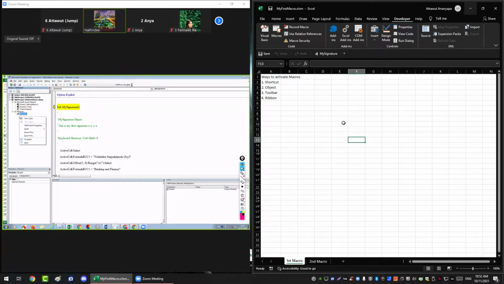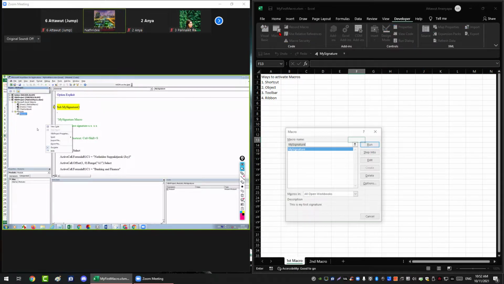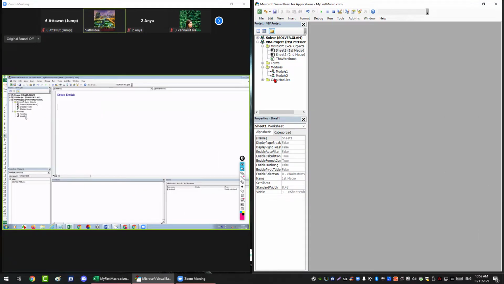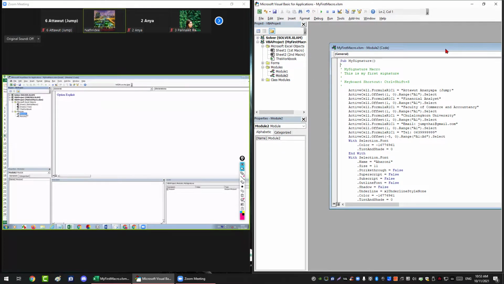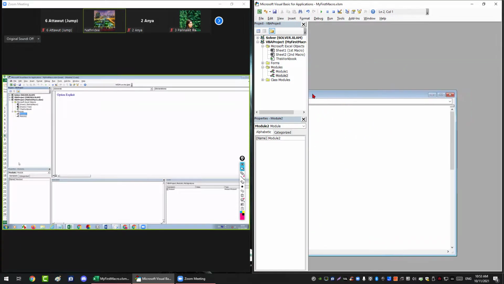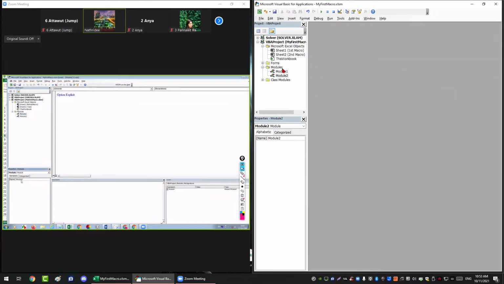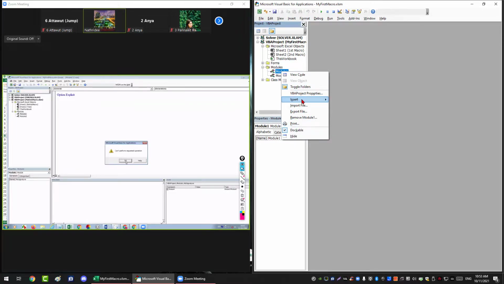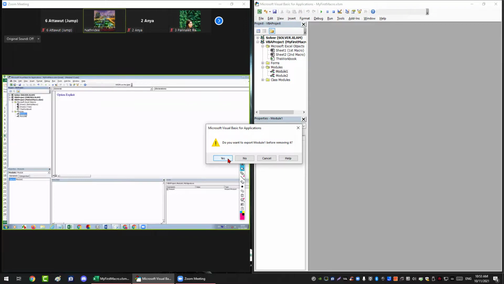Or if I right click somewhere here and insert a module, it will run with the number. If you look at the properties down here, if you select module 1, it's going to be the properties of module 1, and module 2 likewise. So if I change the name here to be something like my signature, I can go from